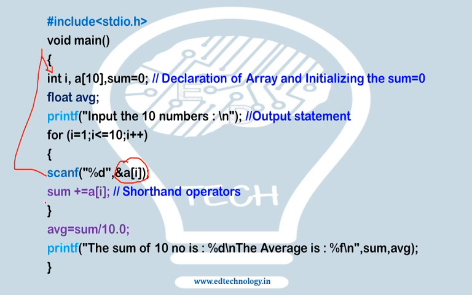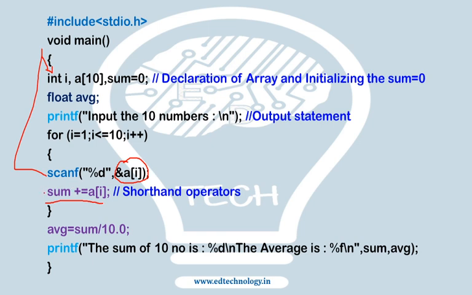Now here what I'm doing is I've summed all the values inside the loop itself so that I don't have to do it in a separate loop, and I've done this using a shorthand operator. If you want to see what is a shorthand operator, refer to my earlier video on operators. You will understand. Those who know what a shorthand operator is, they know this is a more efficient way of coding, right?